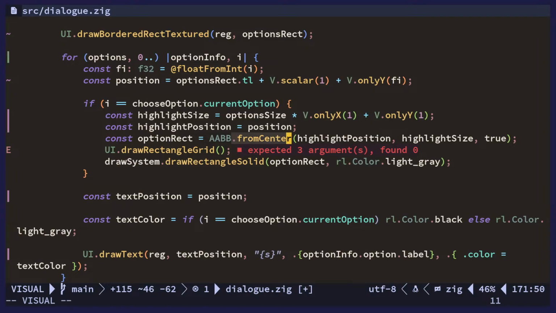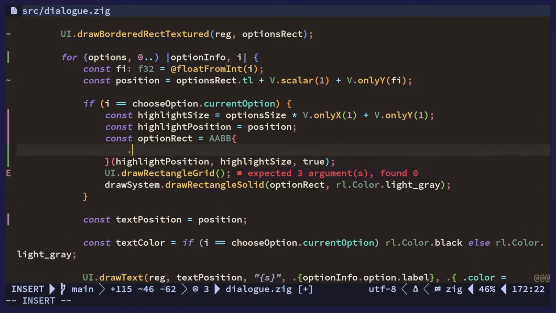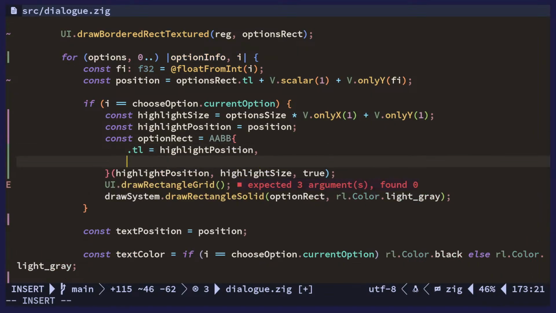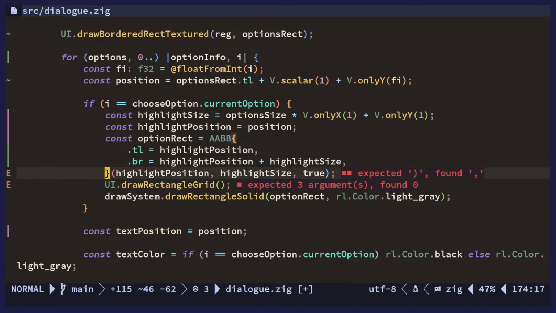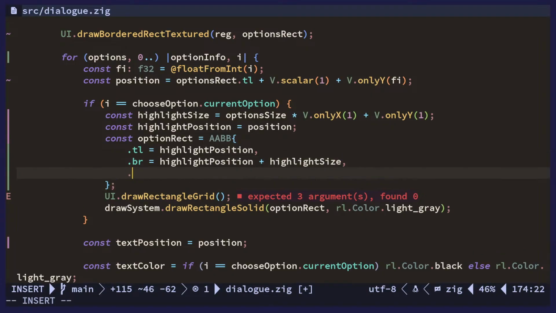And then this one is gonna be top left and bottom right is this plus the size. Should really make a convenience function for that pattern, but anyway,